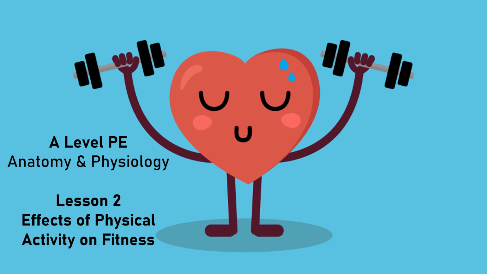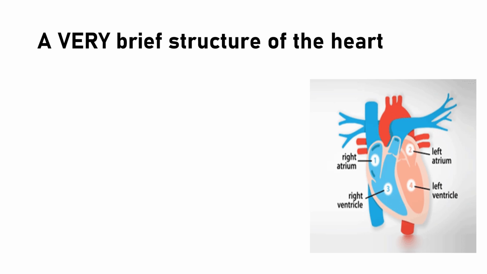This lesson is an introduction to lesson 2 of anatomy and physiology and is looking at the effects of physical activity on fitness. You're making notes on anatomy and physiology in your green books. Let's just have a very quick look at a brief structure of the heart, and we'll go through this in